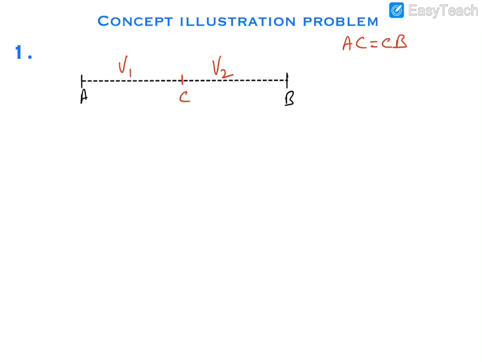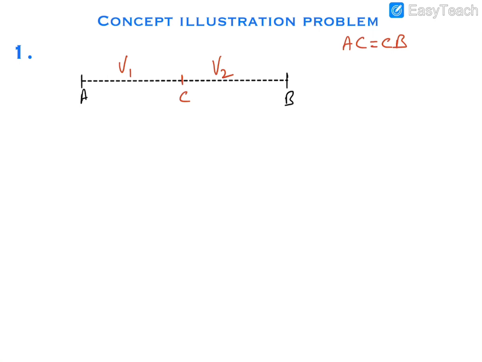I would be using concept illustration problems to illustrate the type of questions which would be formed in the types which I am discussing. In type 1 we are discussing the problems based on constant velocity and uniform motion. I would be giving you 3 concept illustration problems, and those 3 problems would cover all the types of